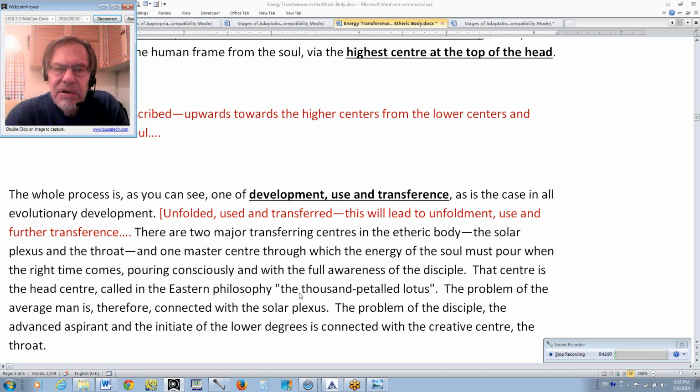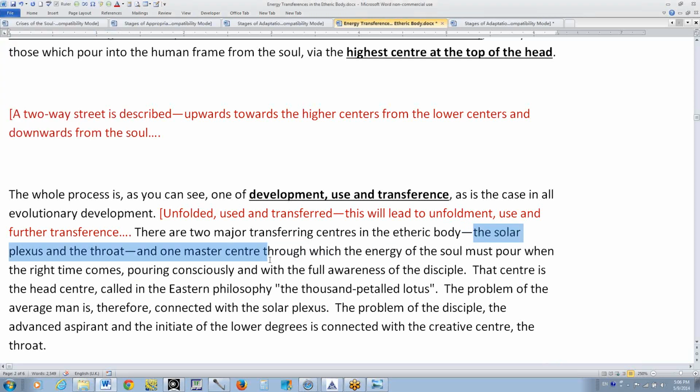And then look at the ajna center with its 96 potencies, and maybe add 2 for the major petals, the 98. So the more petals, the more potencies are there, and maybe some of the higher functions are available than those that have lesser or fewer petals and potencies. So there are 2 major transferring centers, the solar plexus and the throat,